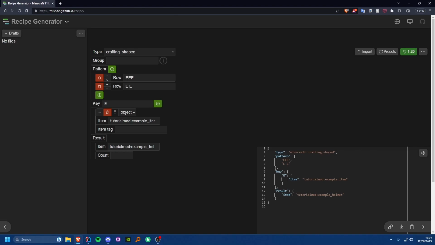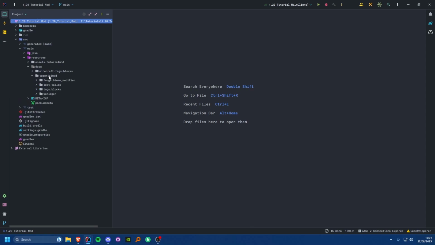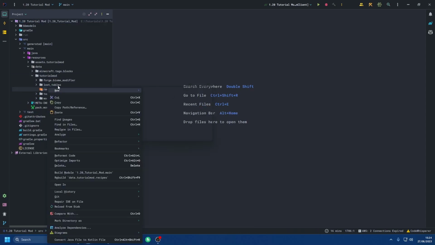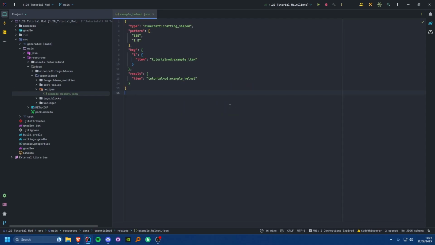And then you can just go ahead, copy that, come into IntelliJ, come into our resources folder, come into data, inside of tutorial mod, create a new directory for recipes, and inside of here I can create a new file, and I'm just going to call this example underscore helmet.json, paste it in, and boom, we now have a recipe